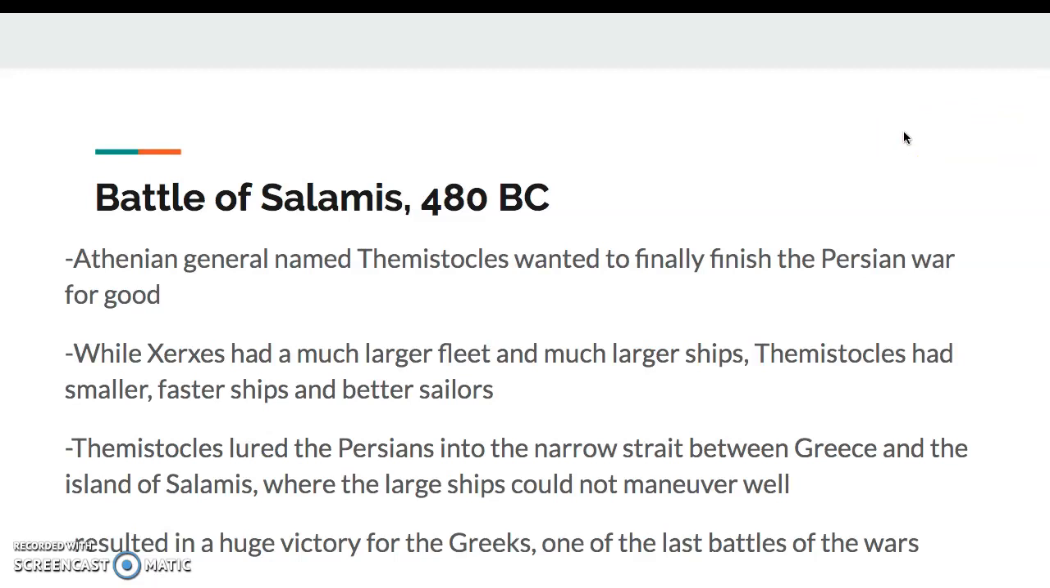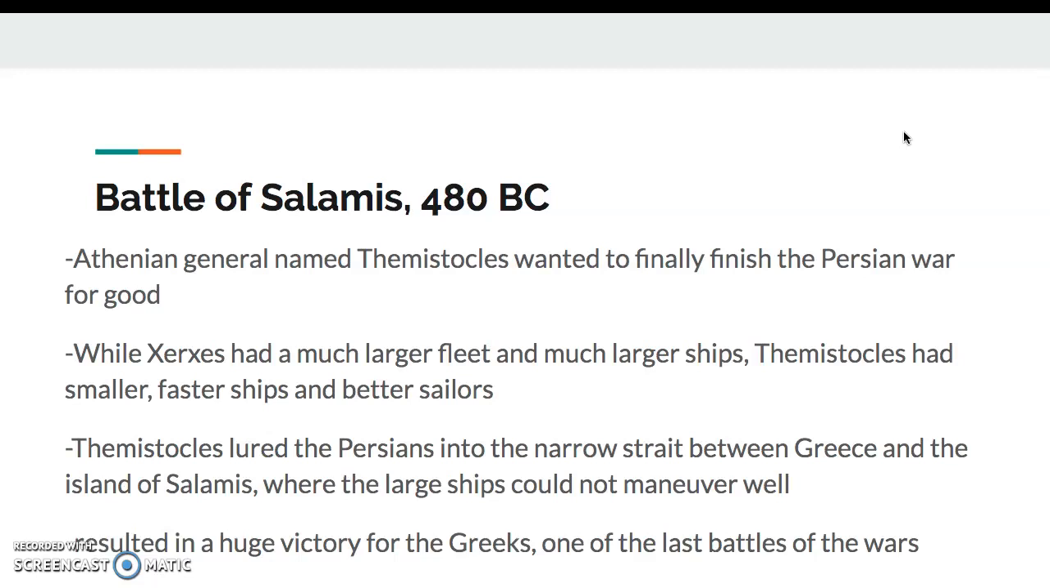The Athenian general named Themistocles wanted to finally finish the Persian War for good, while Xerxes had a much larger fleet and much larger ships. Themistocles had smaller, faster ships and better overall sailors. Themistocles, instead of fighting in the open ocean, lured the Persians into a narrow strait between Greece and the island of Salamis, where large ships could not maneuver very well, and this resulted in a huge victory for the Greeks,